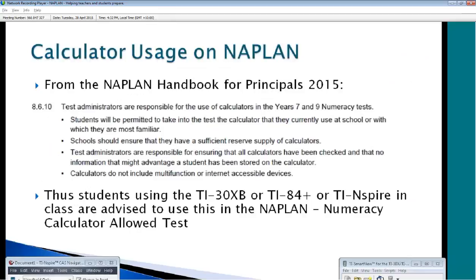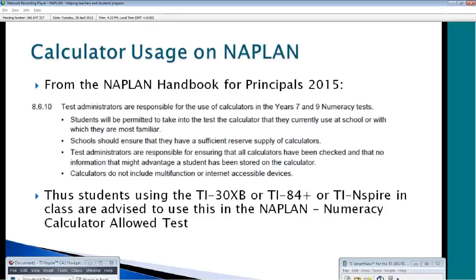In doing the research for the webinar, I went through information to find out about the rules with calculator usage, because with different tests there's different rules, and I know that affects us especially here in Queensland with our Year 12 Queensland Core Skills test, in terms of what calculator students are and are not permitted to use. Now, from the NAPLAN Handbook for Principals, the statement is that